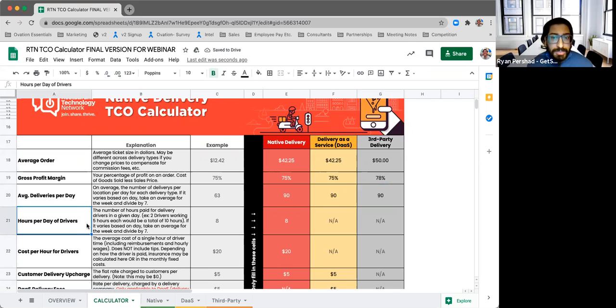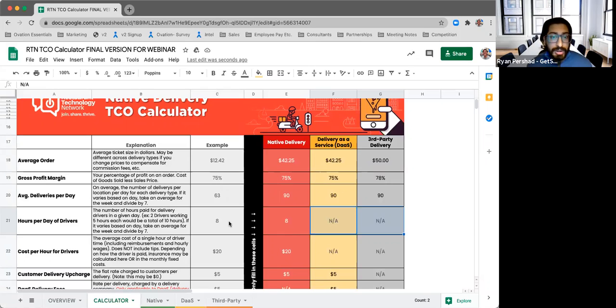Then just kind of going into the next piece here. So some of these categories are going to be specific for different modes of delivery, right? Different models. And so for native delivery specifically, and this being the first of those unique fields, is going to be how many hours per day are you having drivers shifted for, right? So with native delivery, you're bringing that in-house, you're controlling logistics. And so the important part of this calculator is not only revenue, profit, but then also your cost structures. And so what we've done is put in the unique cost structures as well for each model. And this is going to be the first of